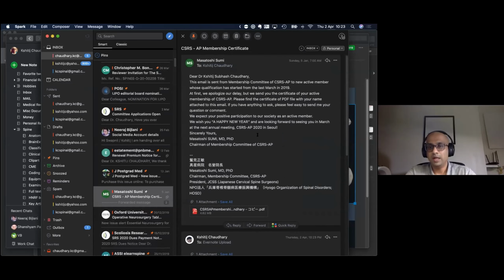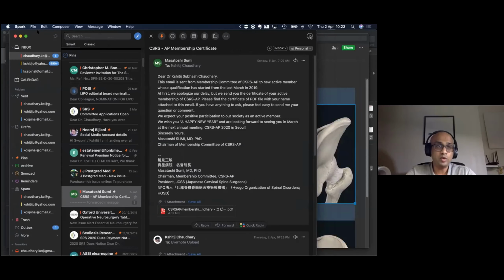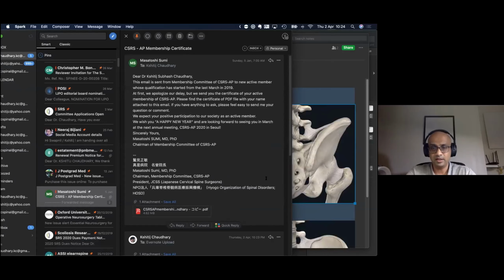So the other way you can do is I'm using an email client called Spark, which is free on Mac, and it's pretty wonderful, and it integrates Evernote in it. So I want to save this email into Evernote.